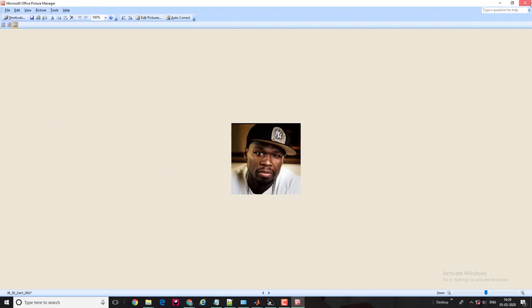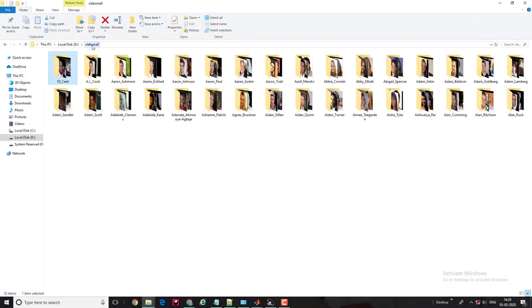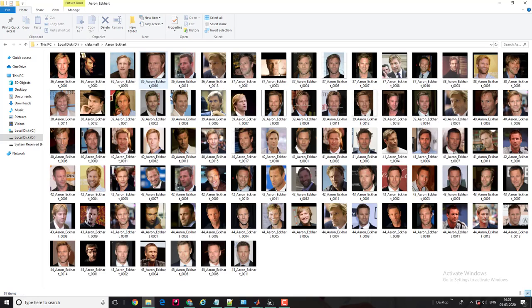This data set was initially designed for the real-time problem of an age-invariant face recognition system. So every folder contains images of each celebrity at different ages.